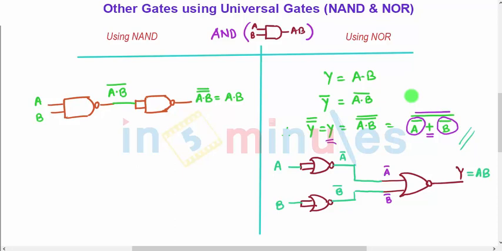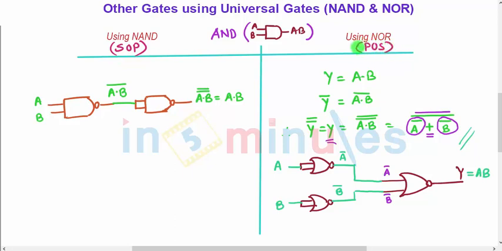There is also one important point. Whenever you want to implement a function using NAND gate or NOR gate, there is a specification. If the given equation is in the SOP form, that is nothing but sum of product form, then you will apply the De Morgan's law after complementing the equation two times. Then it will be very easy for you to implement this logical function or the expression with the help of NAND gate. And if the given expression is in POS form,